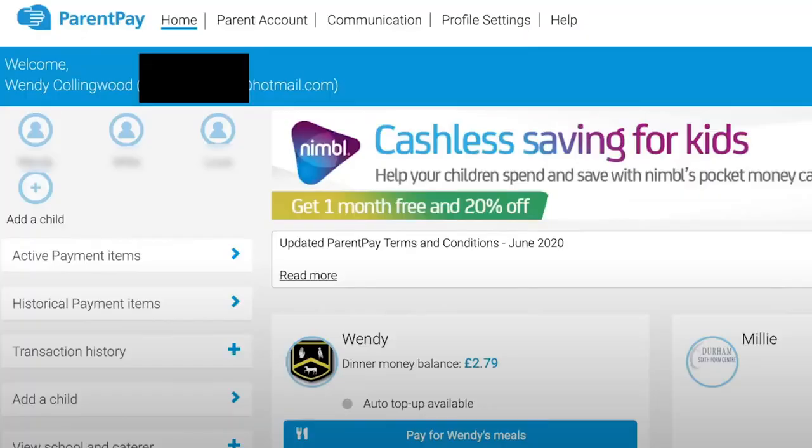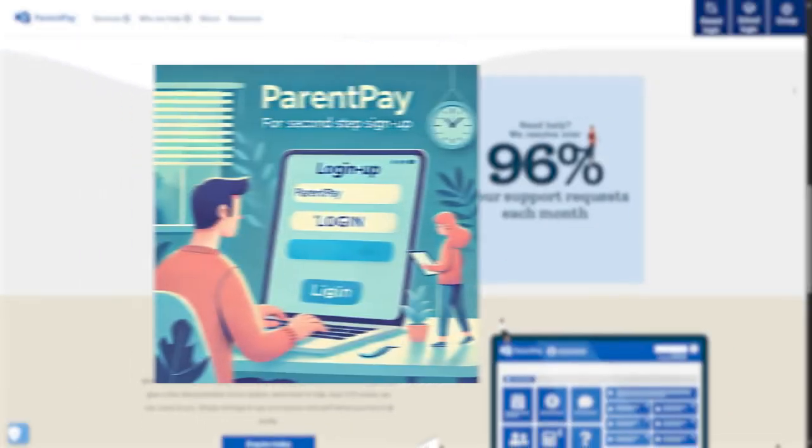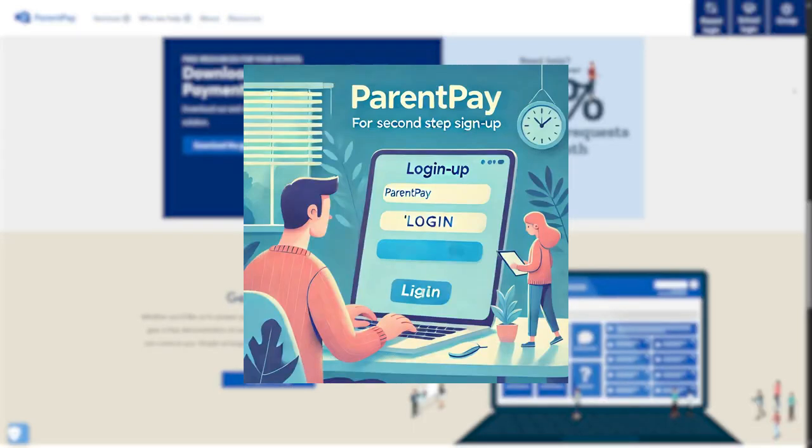And you can also link additional accounts, but this is optional. You may need this, especially if you have more than one child and you want to add them on the same ParentPay account. And after all these steps, you can now go and log in with your new credentials